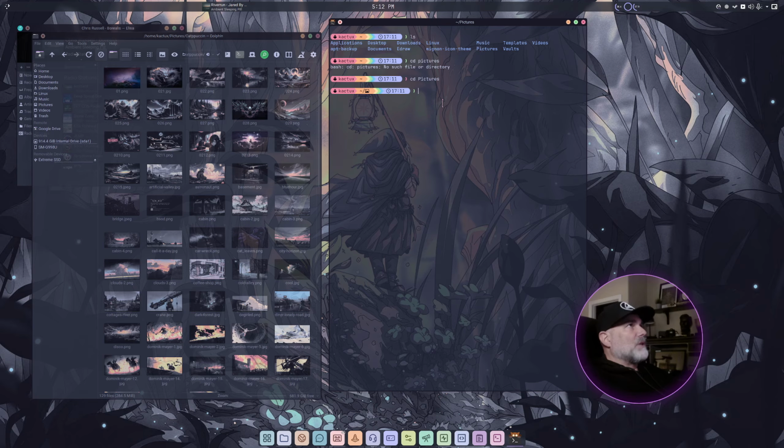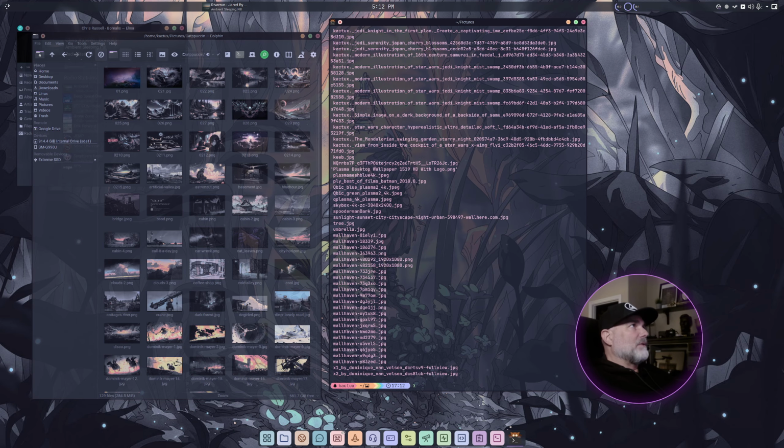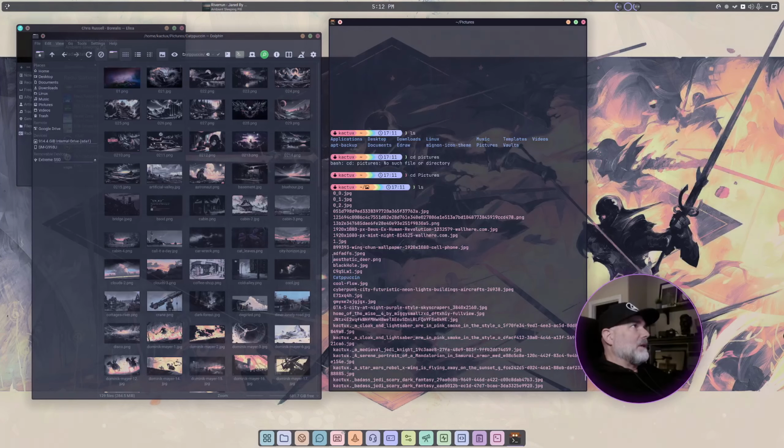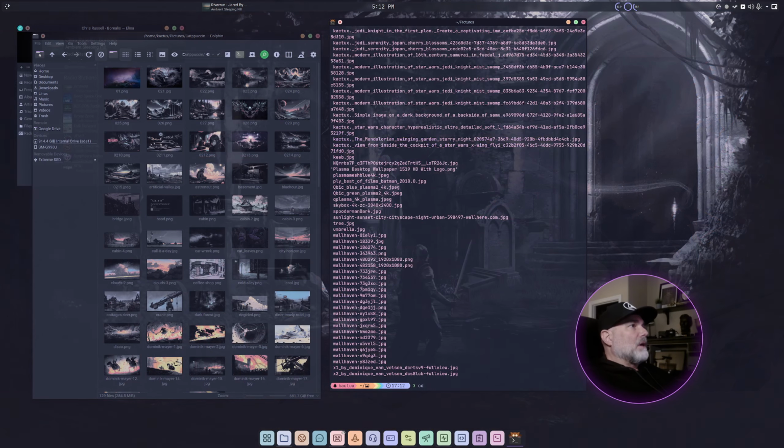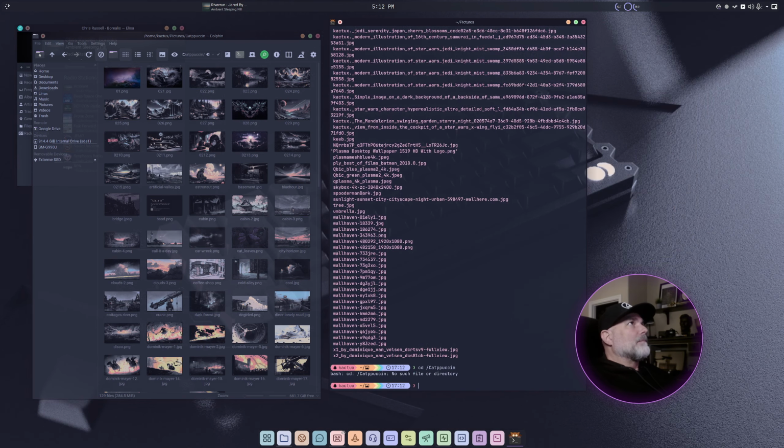So then you can change, and then you could list what's in that folder, and it'll give you a list. Everything in pink is a file. Everything in blue, or that purple, light blue, purple, is a folder. So now if I wanted to change directories into the Catppuccin directory,